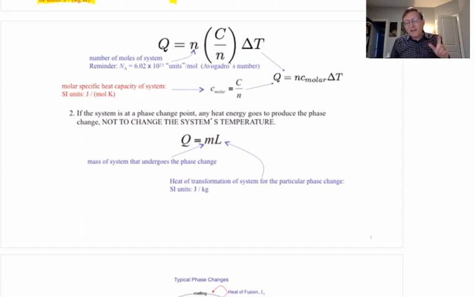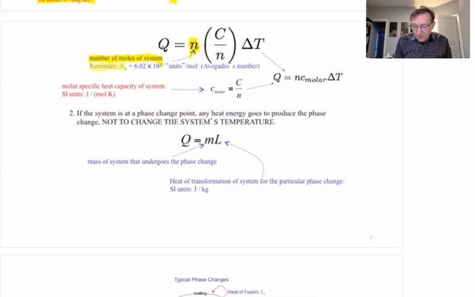So what you could do is take that very first formula, Q equals capital C delta T, and multiply and divide the right-hand side by a different measure of the amount of matter, the number of moles. Your book's symbol for the number of moles of a material is little n, number of moles of the system. And I'm going to talk a little bit more about that in the in-class video, a brief reminder. But for now, you just basically need to remember, when you're working with number of moles, another important number that's called